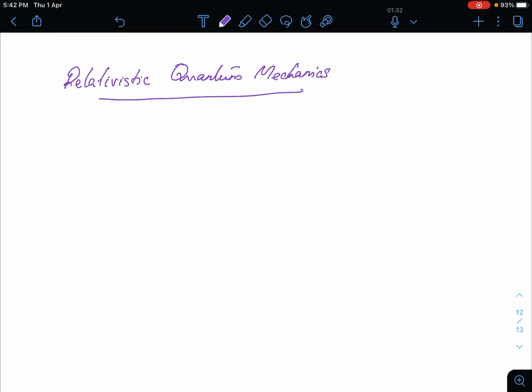So in this session, let's move on to relativistic quantum mechanics. We know the basic equation of motion in quantum mechanics is the Schrodinger equation. But one trouble is there as far as the Schrodinger equation which we have used so far is concerned, which is